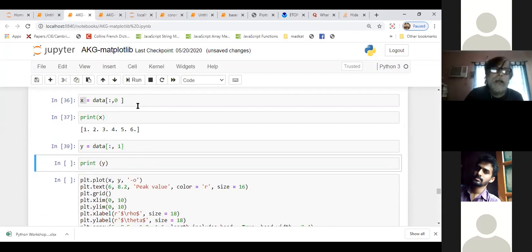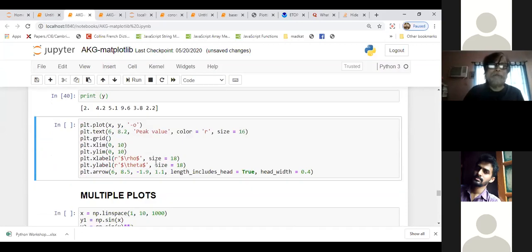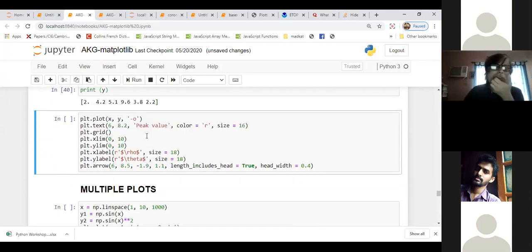Is it okay, or am I going too slowly? I can speed up. Tell me, please. Okay, write this, and now you can plot it. This data we plotted with plt.plot x comma y, then with the symbols, then we wrote some text, then grid, we fixed x limit, y limit, x label, y label.